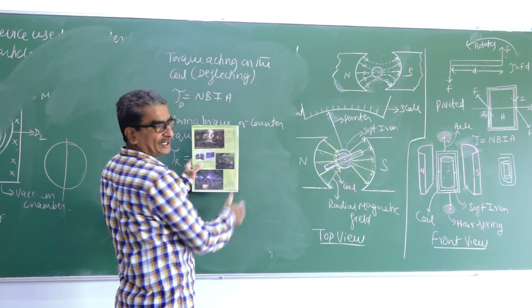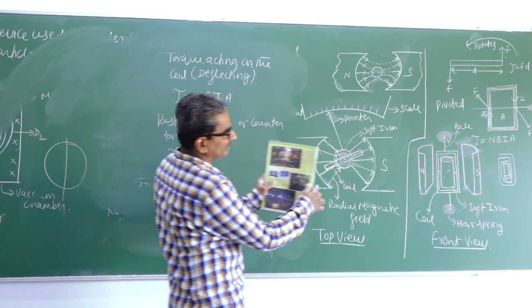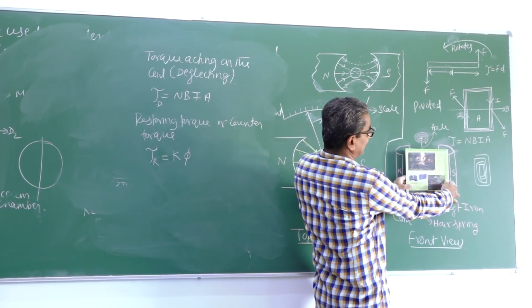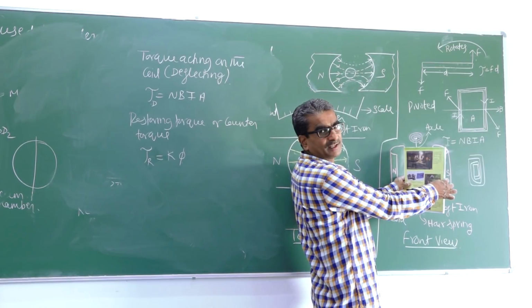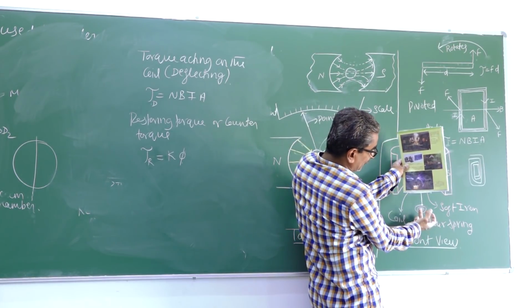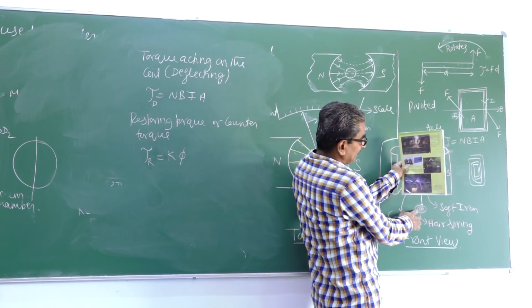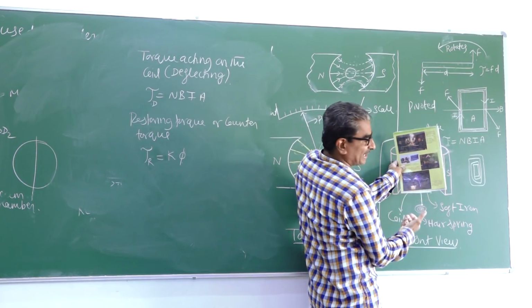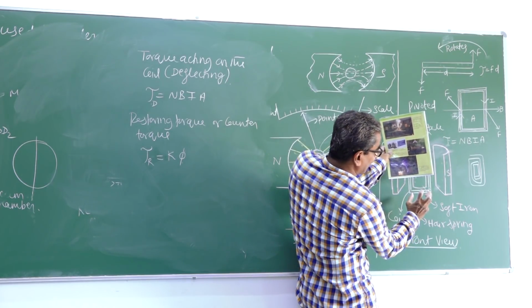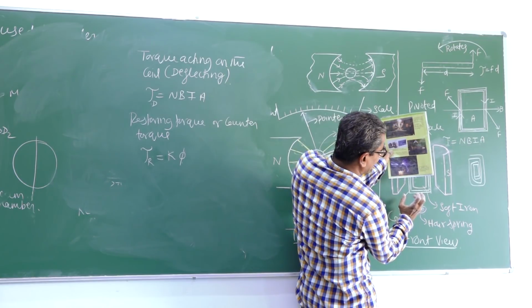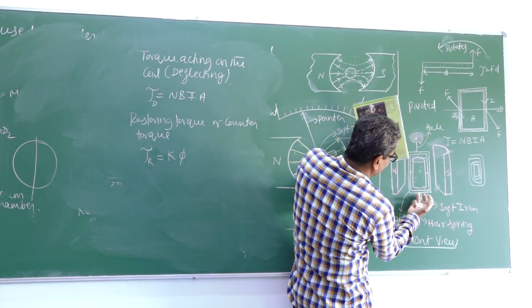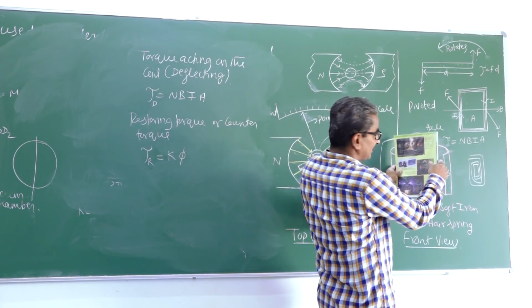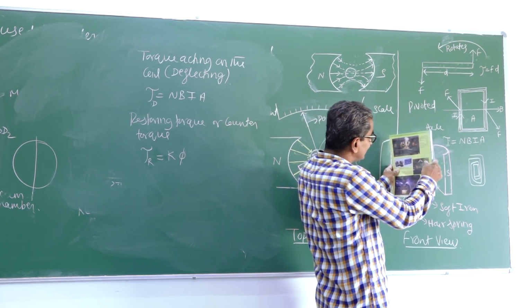So clearly understand these two torques. With no current, the coil position is like this. Once we pass the current, it deflects like this because of the deflecting torque. But because of rotation of the spring and due to its elasticity, one more torque acts on the spring, in the opposite direction. If the spring gets rotated like this along with the coil, then the restoring torque will act in the opposite direction. So, deflecting torque and restoring torque.